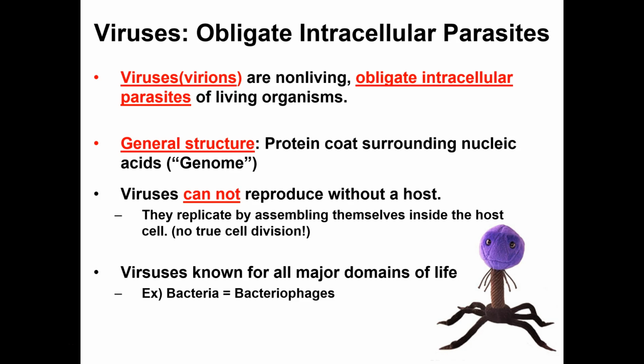And the last major misconception: people don't realize there are viruses of all organisms. Obviously, there are viruses of humans. We know that. There are viruses of plants. There are viruses of mushrooms. There are viruses of bacteria, and that's what we're going to focus on in this chapter: bacteriophages, viruses that prefer bacteria. And then even archaeans aren't safe. There are viruses of archaeans as well. So no one on this earth is safe from viruses.